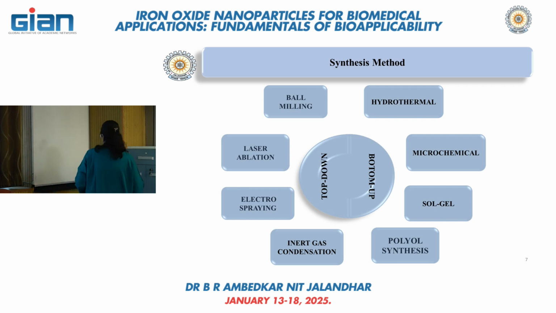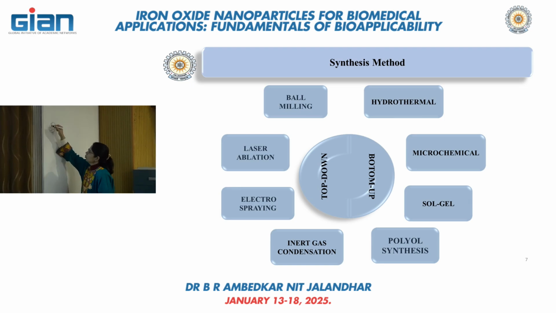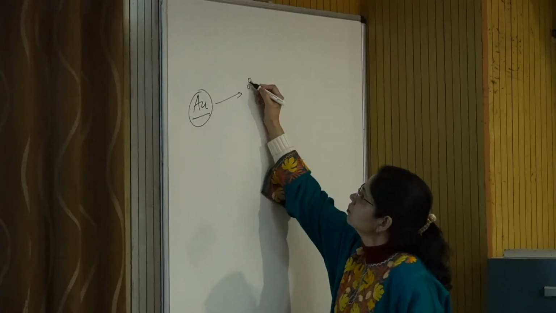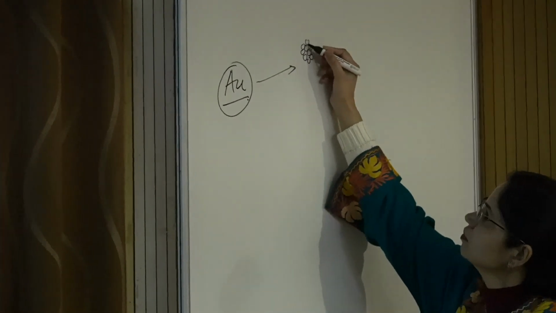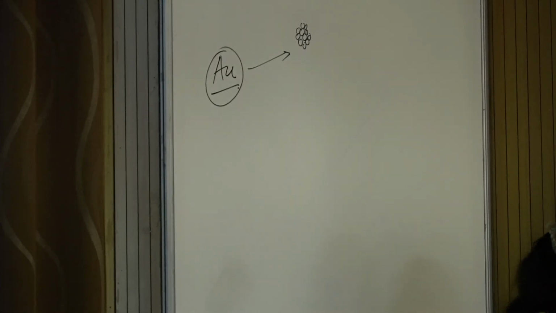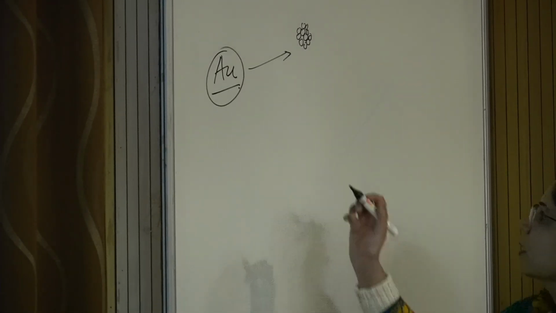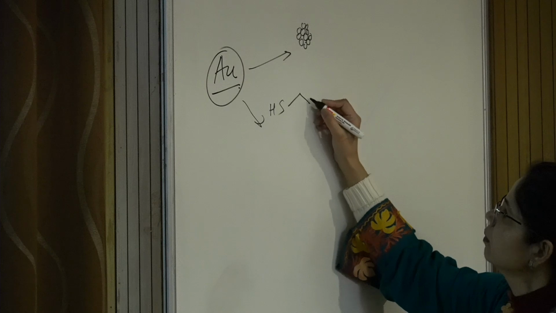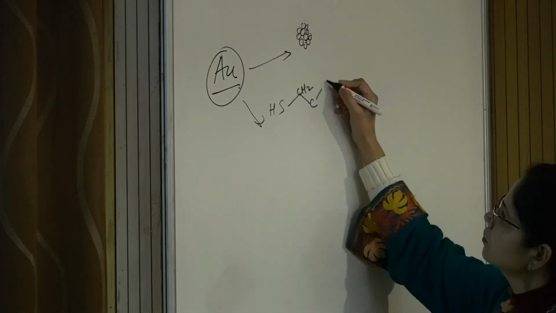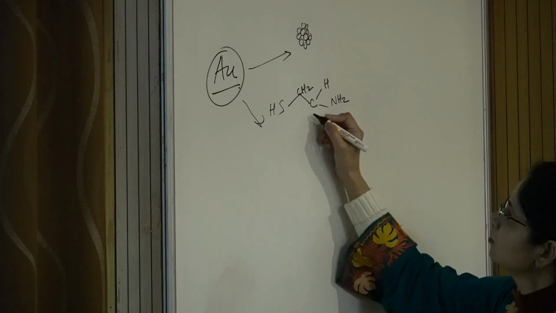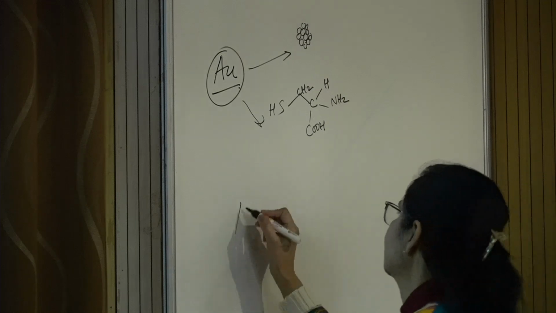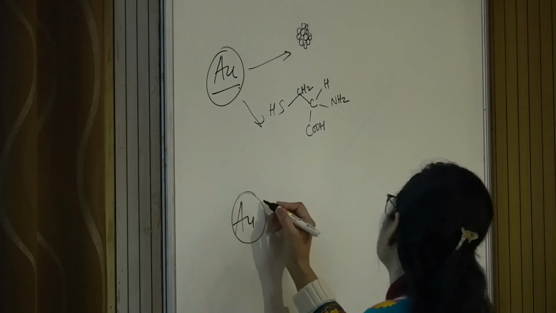For example, you have gold, right? So now this gold nanoparticle, once it is formed, it can continue to grow like this. It can give you the spherical nanoparticle. And if there is some capping agent, like I am adding this cysteine, this is an amino acid, you know this cysteine. So if this is capped on the gold surface,